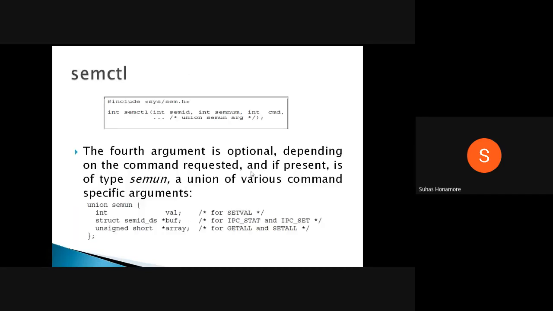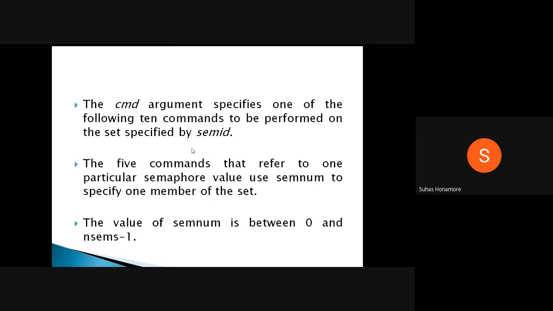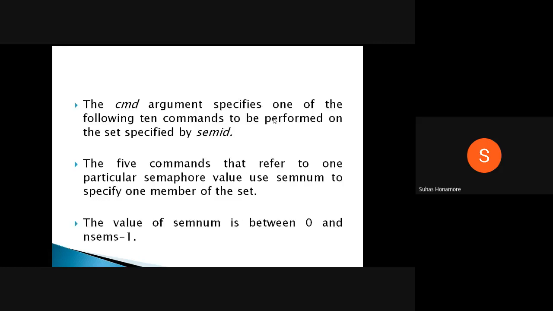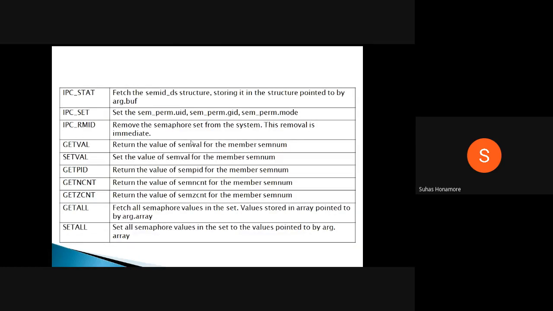Then one more function is there, semctl. Whatever things you want to do, you maintain them as perform operations, and when they are performed, the kernel maintains all those things. Whatever command you are passing, along with the semaphore number, some information will be given. Here, depending on the command, 10 different commands are there for what all things you can do with whatever internal operations are happening.